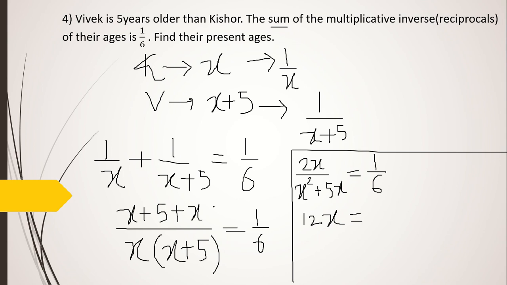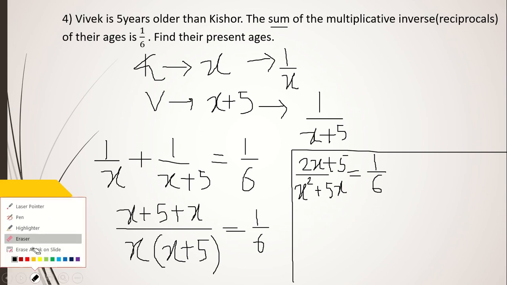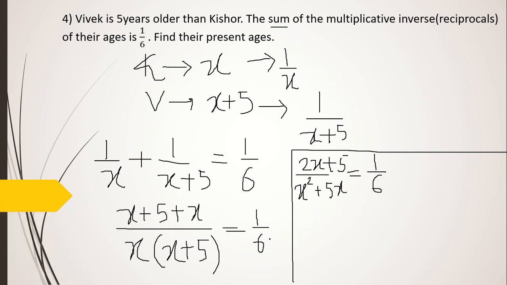Okay, here this is 2x, it was not just 2x, 2x plus 5 it was. So this 6 comes this side and becomes multiplied with that 6. See, this x plus x is 2x plus 5, and this x is multiplied inside the bracket, x into x is x square, 5 into x is 5x. Now bring that 6 this side, that will become 6 into 2x plus 5